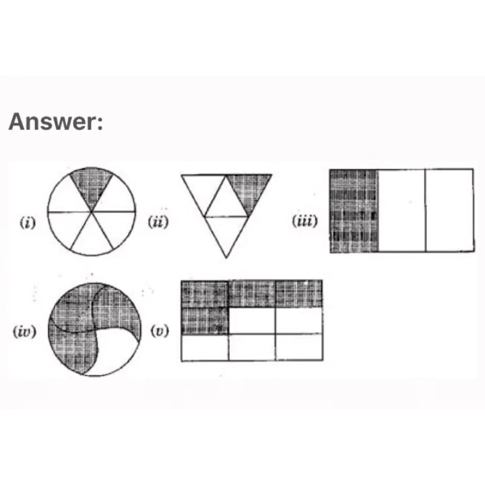Now fourth one, the circle is divided into 4 equal parts and here the numerator is 3. So we will color or shade 3 parts of the circle to represent fraction 3 upon 4. Now children, the last one, it is a square and the square is divided into 9 equal parts and because the numerator is 4, we will shade or color 4 parts out of 9 to represent fraction 4 upon 9.